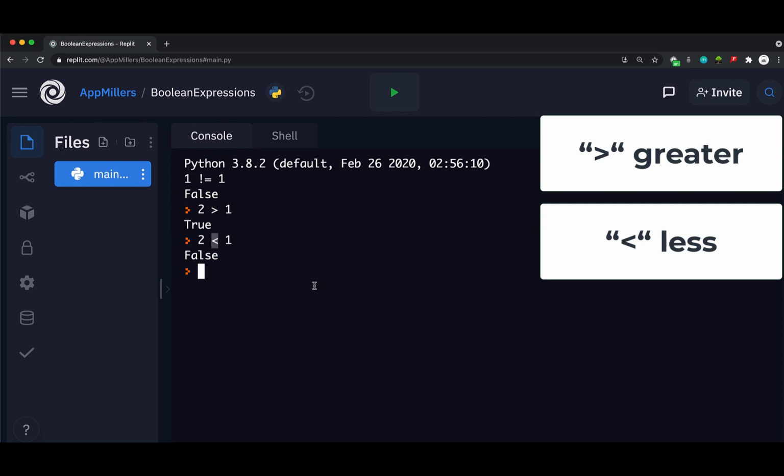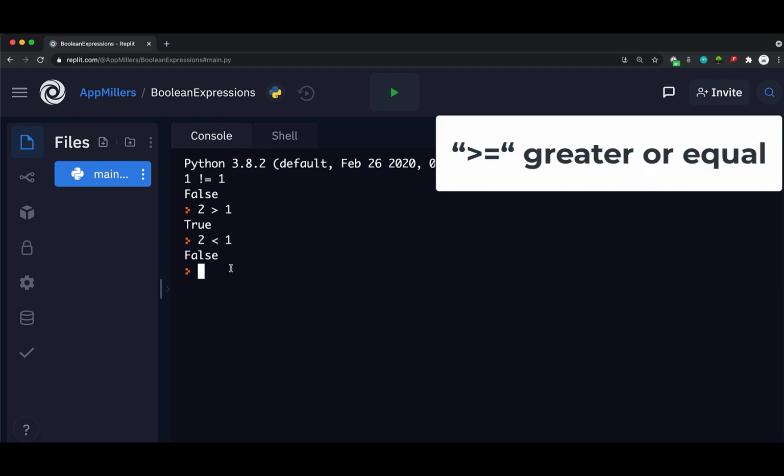And the next operator is greater than or equal to. So in this case, we are writing is greater than equal to like this. So here, for example, if I put 2 is greater or equal to 1, in this case, it's going to return true, because it's true that 2 is greater than 1. And here you need to take into account that